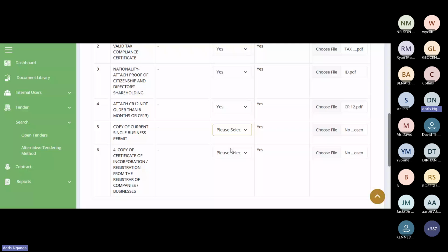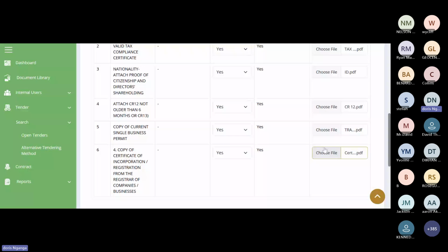And you come and attach the trade license. The final mandatory document requested by this procuring entity is a copy of certificate of incorporation / registration from the registrar of companies or business. So I say yes, I have it. And I choose the certificate of registration in my case, and I attach it.